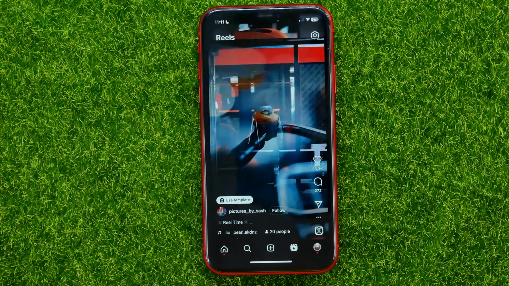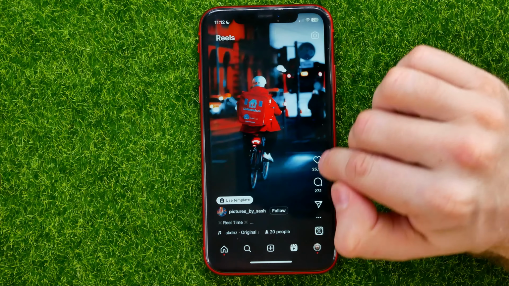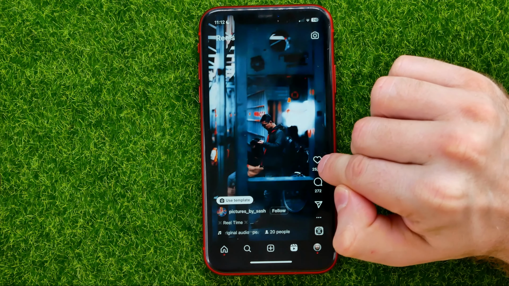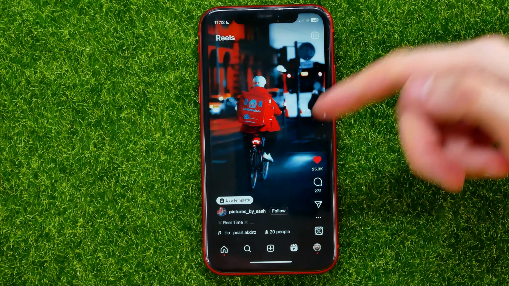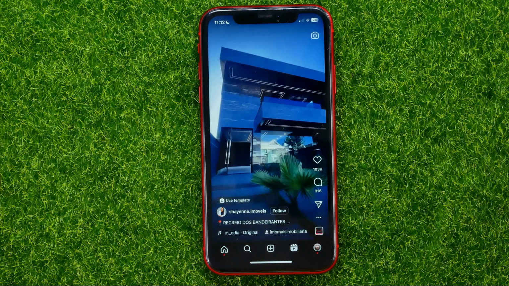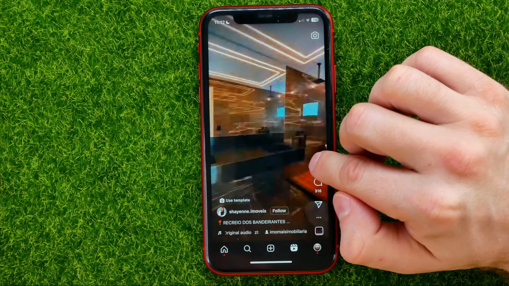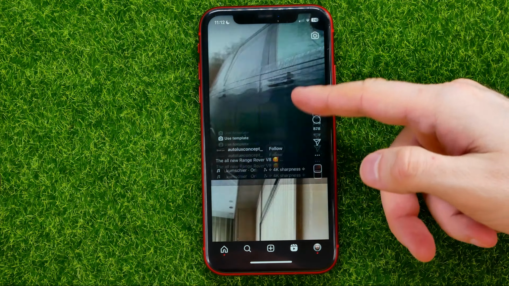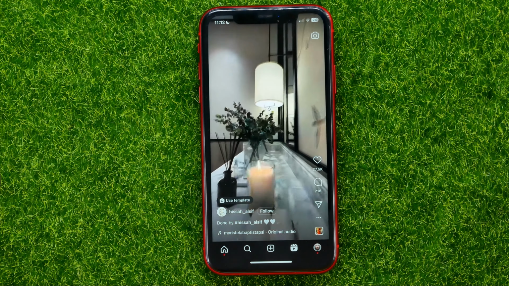First off, once you find a reel that you really like, you can tap at that heart icon to like that reel. Just tap, and then you can swipe up to see the next one. Let's say I like it too. I can hit that like button, and then once you find a video that you don't really like, you should